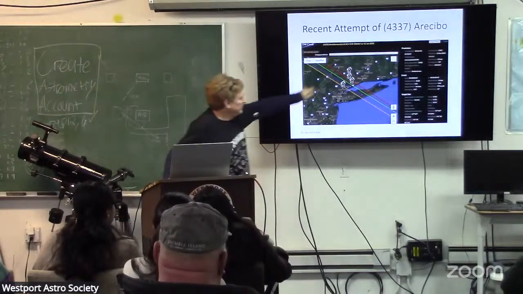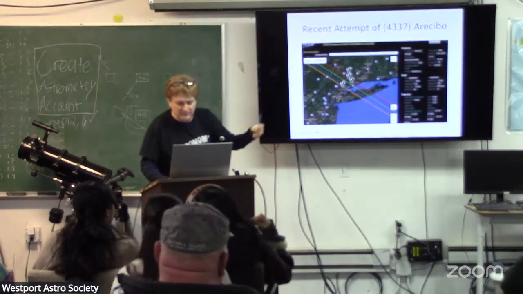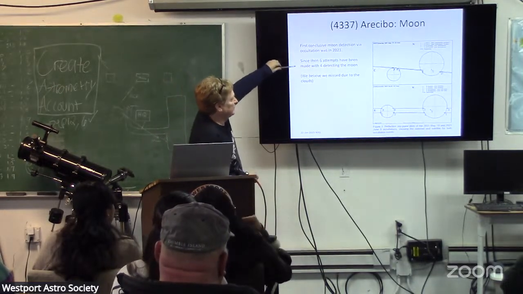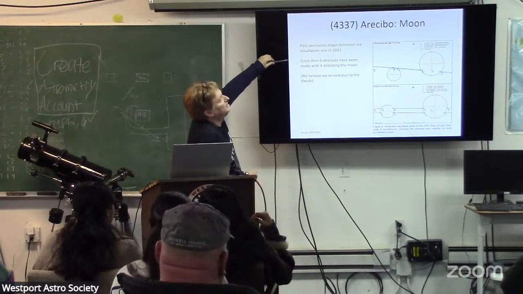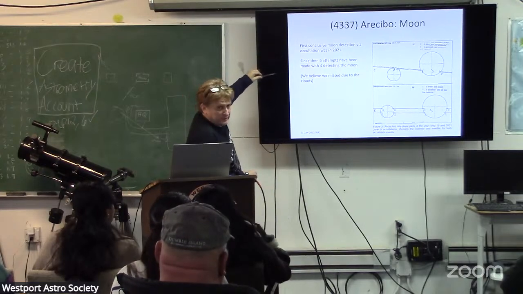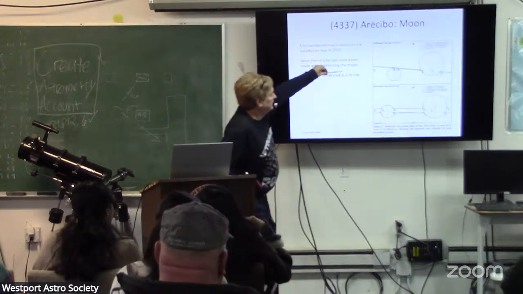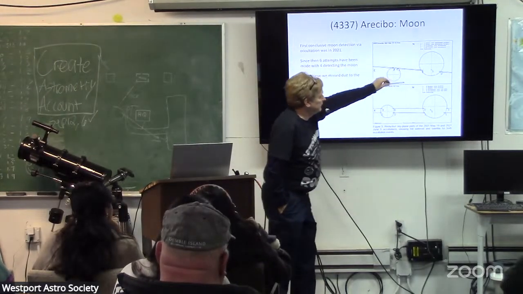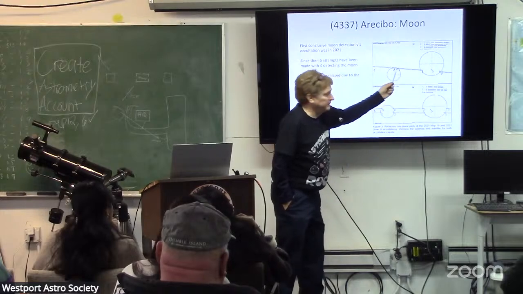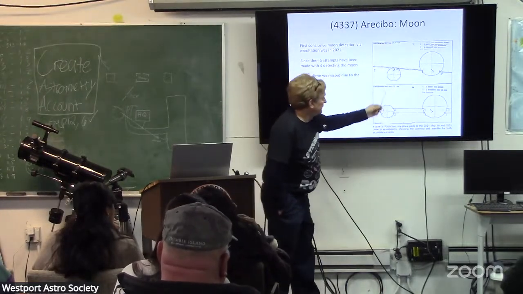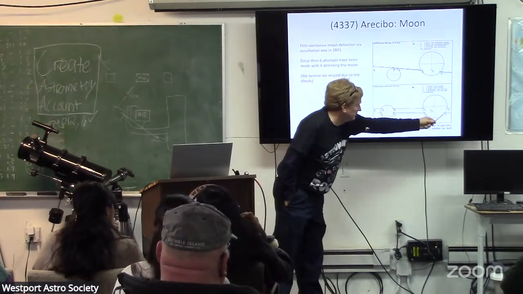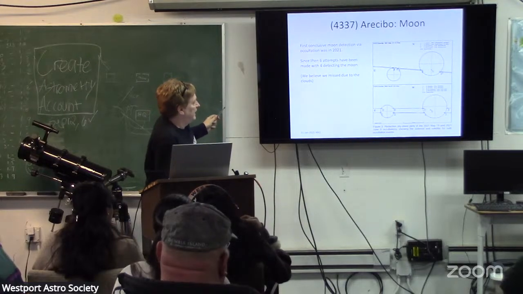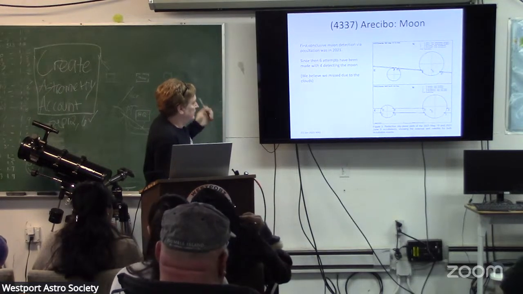Why were we so interested in all the stations? I mean, we're interested for all the reasons that you've learned about, but Arecibo is known to have a moon. It was the first one where the moon was definitively found by occultations. This was the original discovery where two people relatively close to each other found a dip from the main body and then a second dip from the moon. And then that was followed up by an observation a month later. A similar thing happened. And so had all the stations not been clouded out or worked, I think we would have been